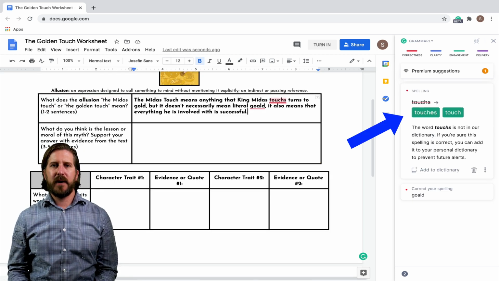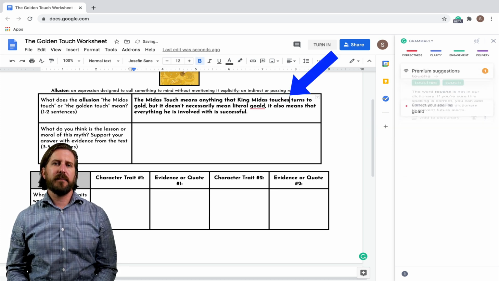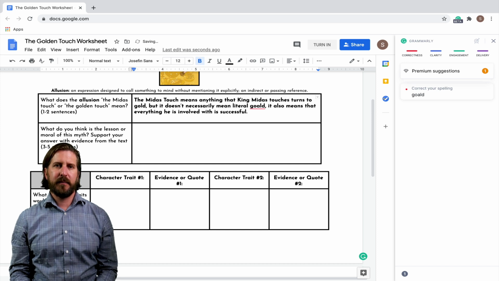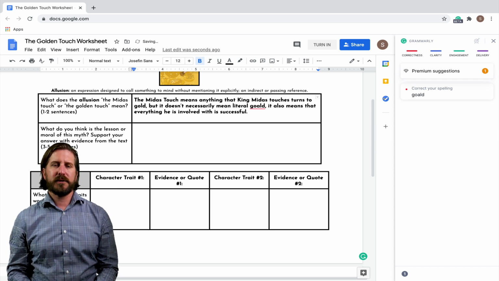Now, in this case, Grammarly found those 2 spelling errors. So here you'll see that the student could also correct those errors from here as well. Now, of course, Google Docs also has an embedded spell checker, so it's not like it's doing anything particularly different in this case. However, I do like the way that the Grammarly extension looks on Google Docs. It's just a little bit easier to use. And of course, Grammarly will also work on other websites that students visit.